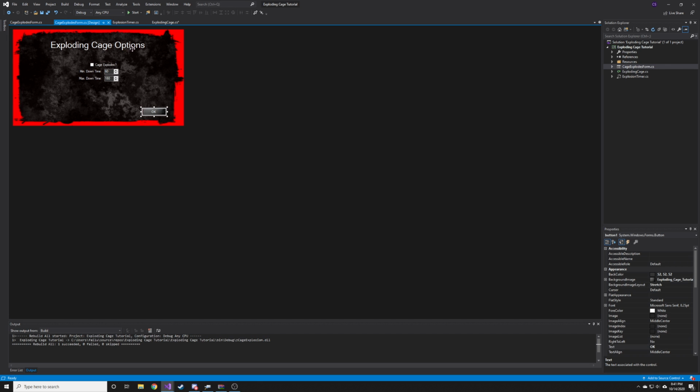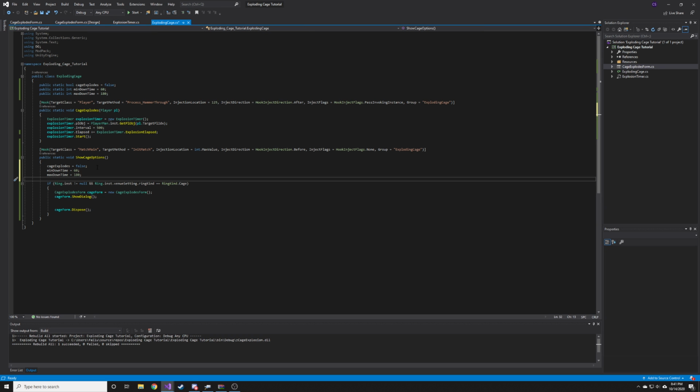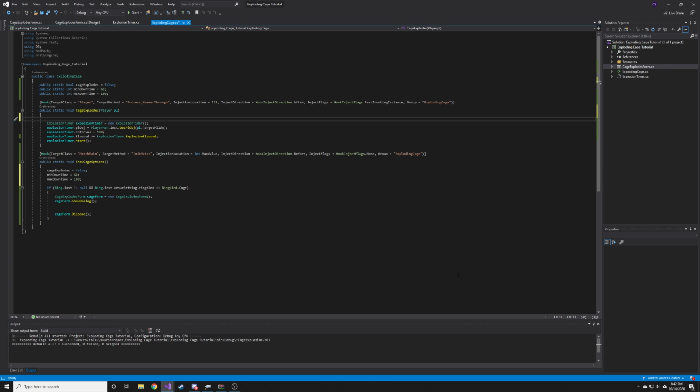So there we go. That's what we're going to do, and that is the easy way to do it. And now we know that the user can decide whether they want a cage to explode or not. So we don't need to run this hammer throw every single time it executes, because we don't need this to execute if the cage is not going to explode. So what we can do here is we have that cage explodes